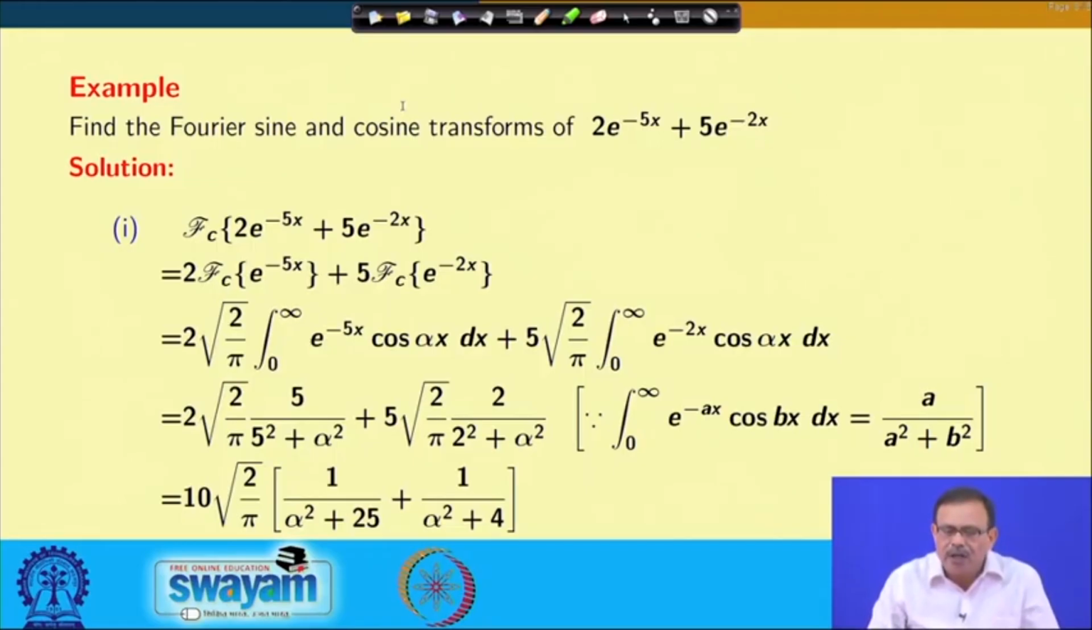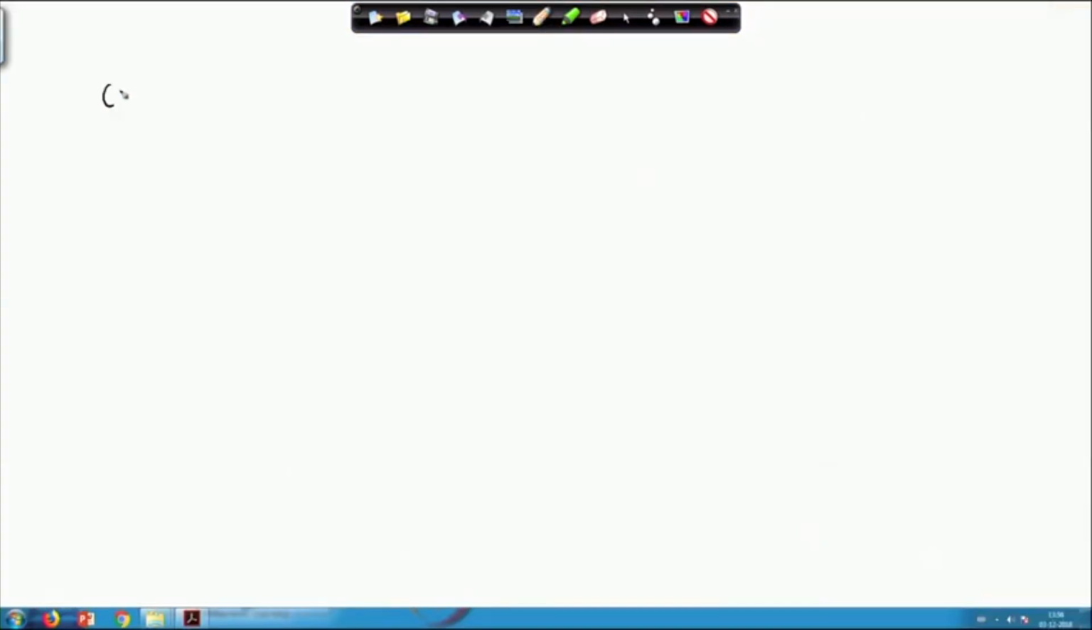Now, let us take the next problem. We have obtained the Fourier cosine transform of this function, 2 e power minus 5x plus 5 e power minus 2x. Let us find out the Fourier sine transform of this function now, that is the second function. I think now it is understandable to you. So, Fourier sine transform of 2 e power minus 5x plus 5 e power minus 2x, this is